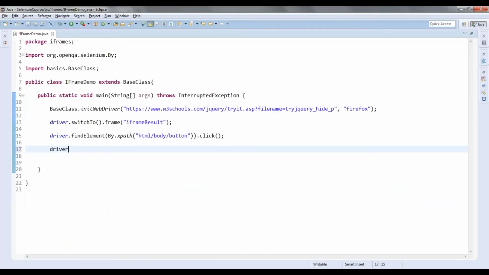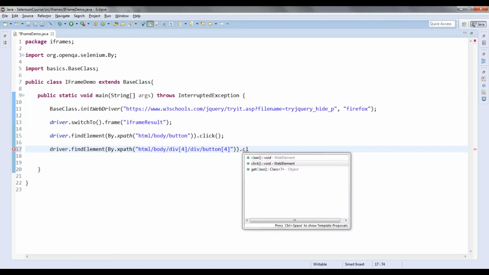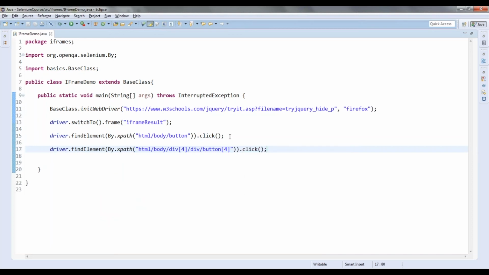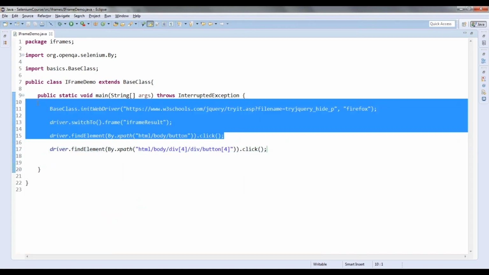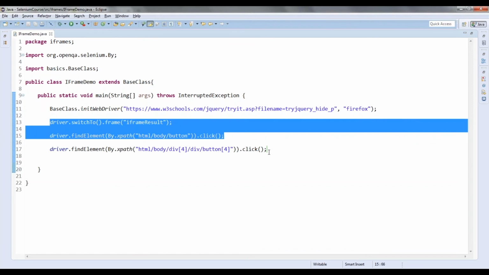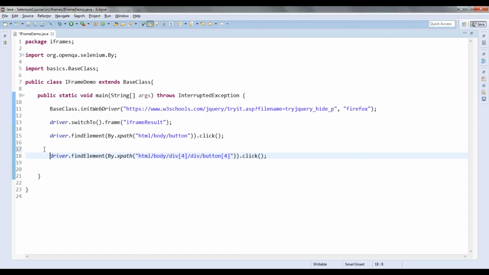So if I do driver dot find element by dot xpath, and then if I provide this xpath dot click, now you have switched to iframe window, but you are trying to perform some action in the main window.